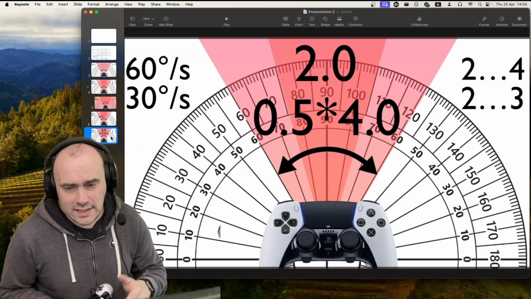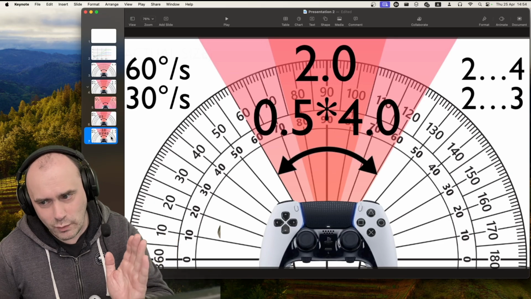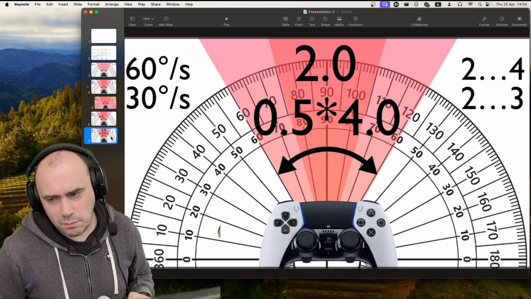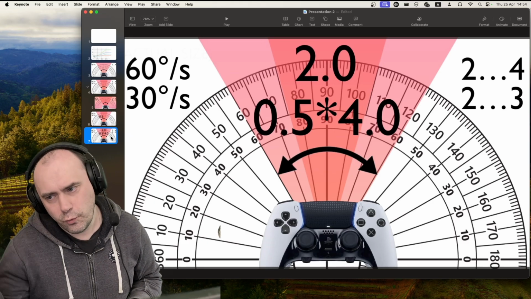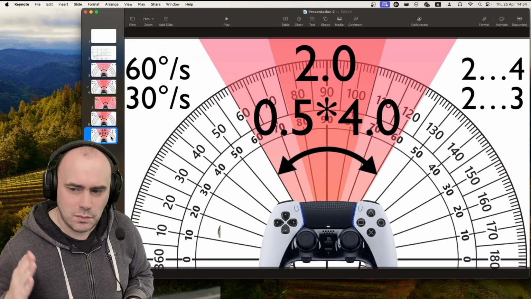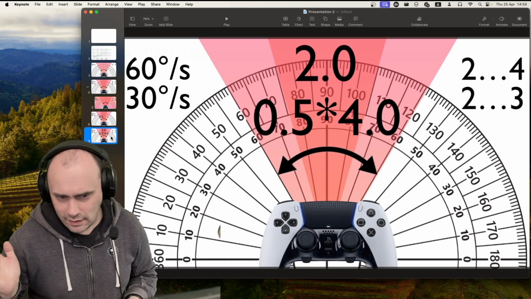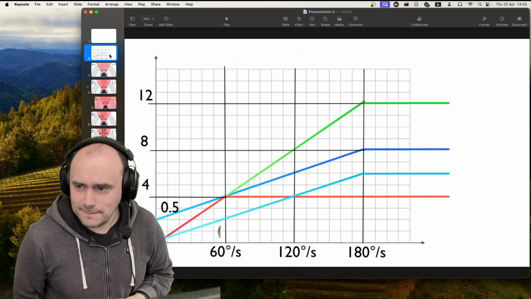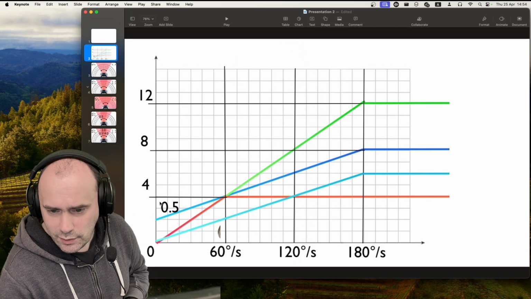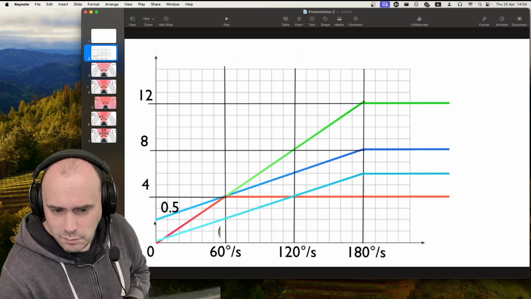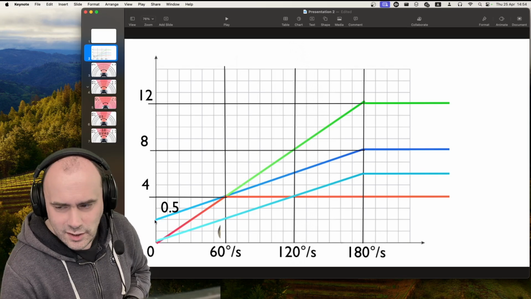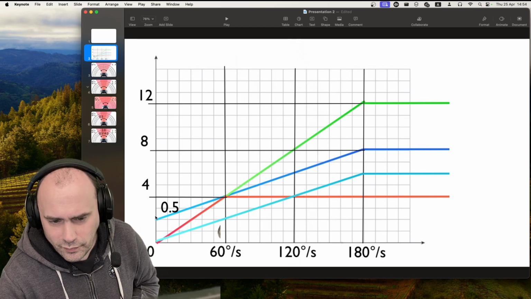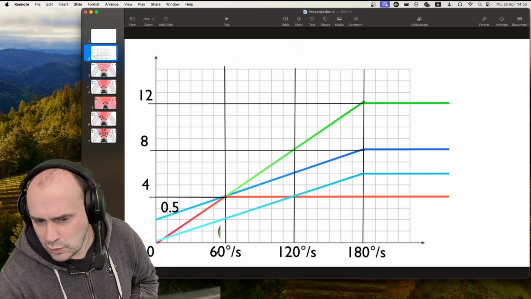So what it really means is that the actual scale now is less. When you go to 60 degrees per second, your sensitivity goes from 2 to 4. And if it's 30 maximum speed, your sensitivity goes from 2 to 3. To visualize that, let's go back to the actual graph we have. You see my initial scale here is set to 0.5, and that means that this line starts over here. No matter how slow my movements are, my minimum sensitivity will be 2. And then if I go up to the speed of 60, it will be still